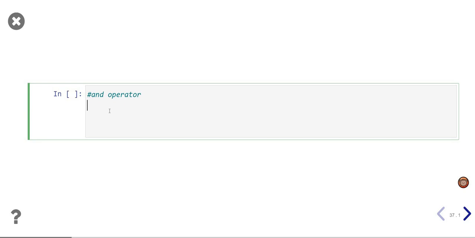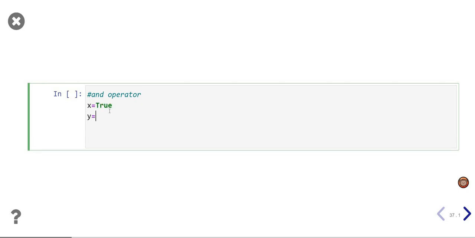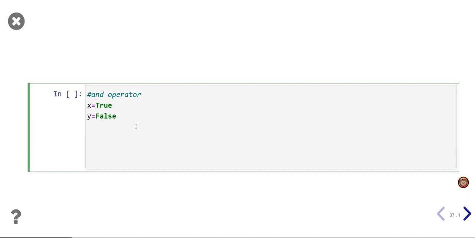So let's say if you use the AND operator, let's define a variable x as True, y as False. Sorry. Take note that if you don't put the capital F, it doesn't change color. True or False is actually a reserved keyword which has to have capital letters. So defining these two, x and y,